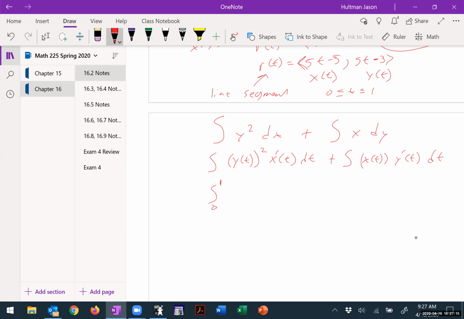What about the other one here? Plug in 1. That's going to give me 0 and 2. Well, that was my ending point. That was the vector that gives me my ending point. So that does work. So t is 0, 2. What was y of t? Well, y of t is 5t minus 3